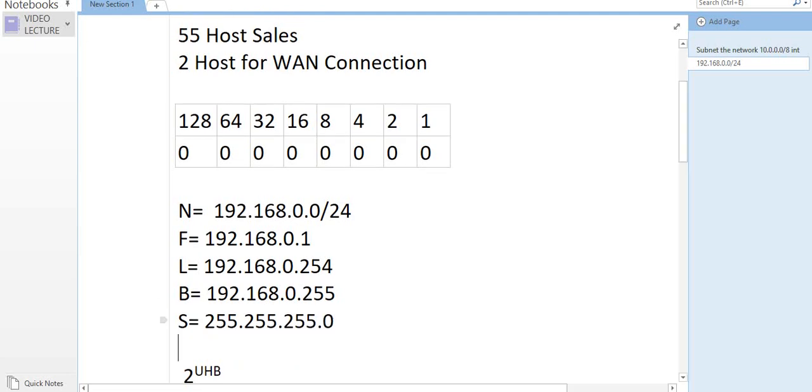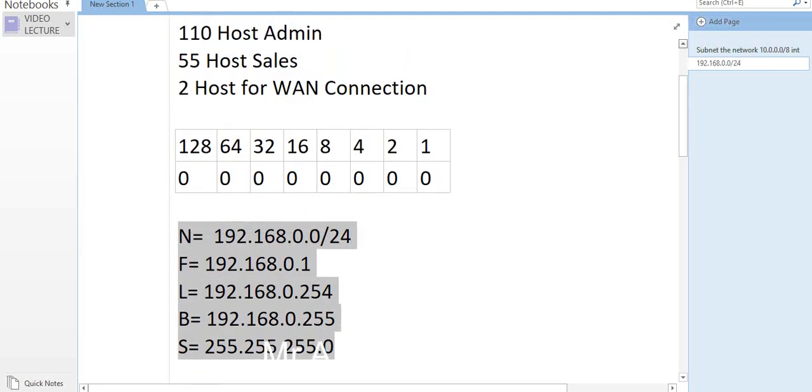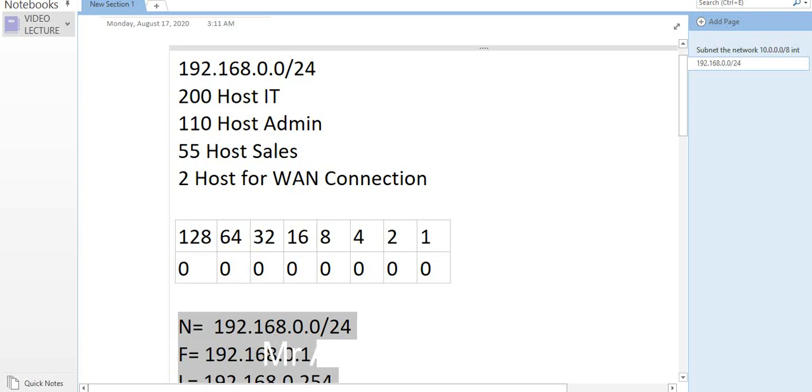Alright guys, so this is exactly the subnet we have to use for the IT department. You can see the IT department is what we are going to use right here for the 200 users. So you can see we're going to use all the